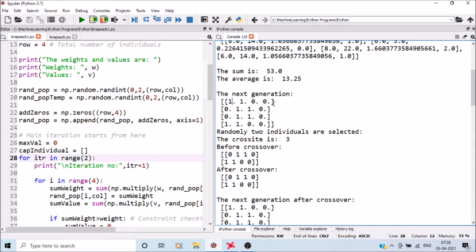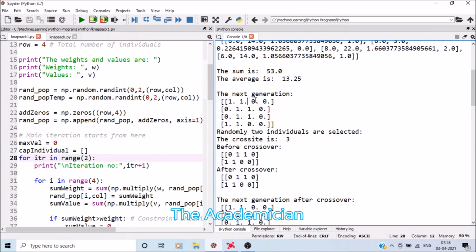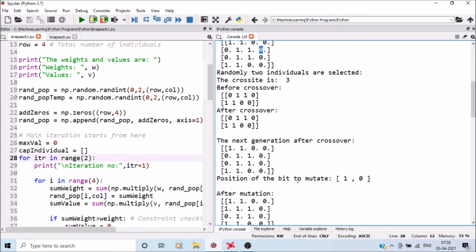Before and after crossover both should be the same. So the third position means we have to swap these two numbers, 0, 0. If you swap 0, 0, all should be the same. The next generation after crossover should be the same because the selected site is 3, just before the first one.